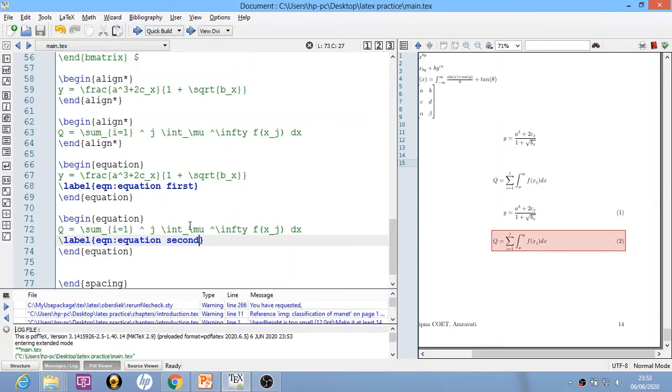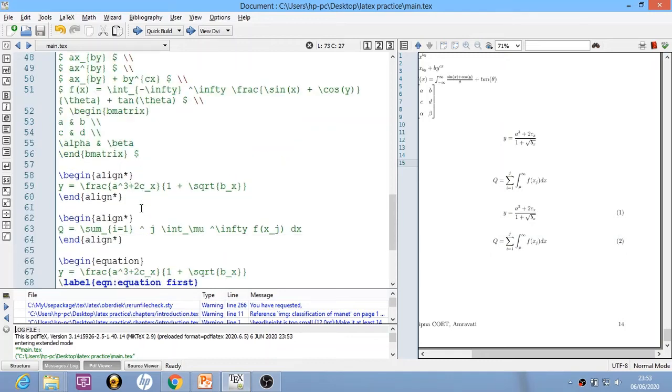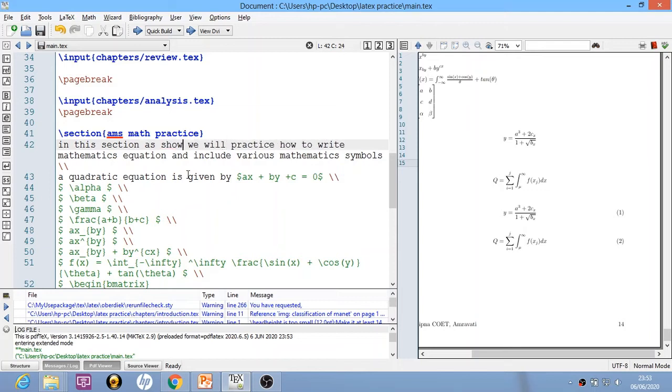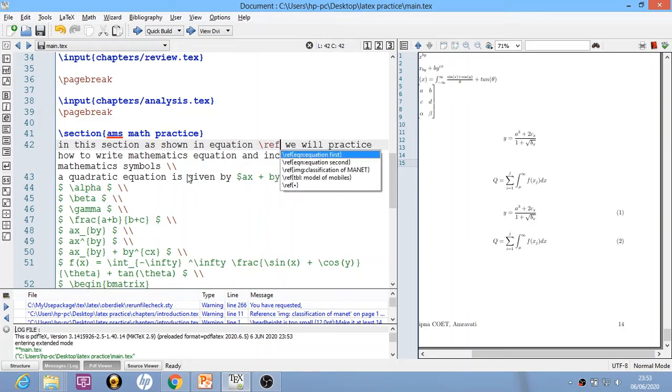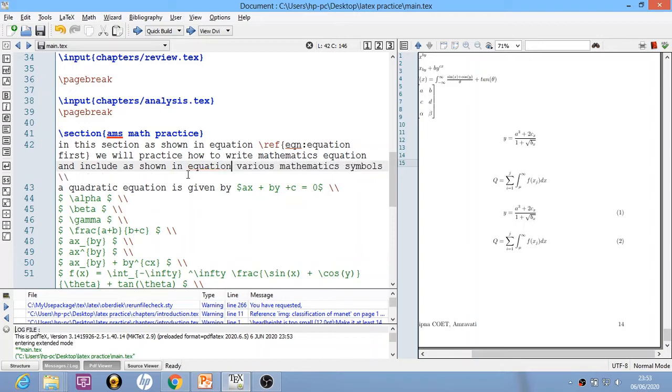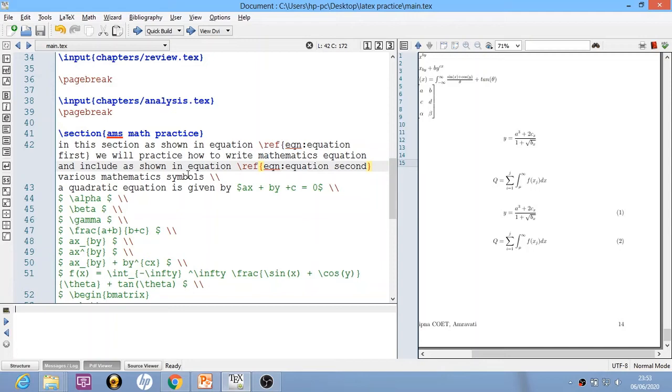Now we will try to refer to this label in the text somewhere. So we will write over here, as shown in equation, and then I will refer to this as equation first, and somewhere over here I will write, as shown in equation, and I will refer to it as equation second. And again I will compile it.